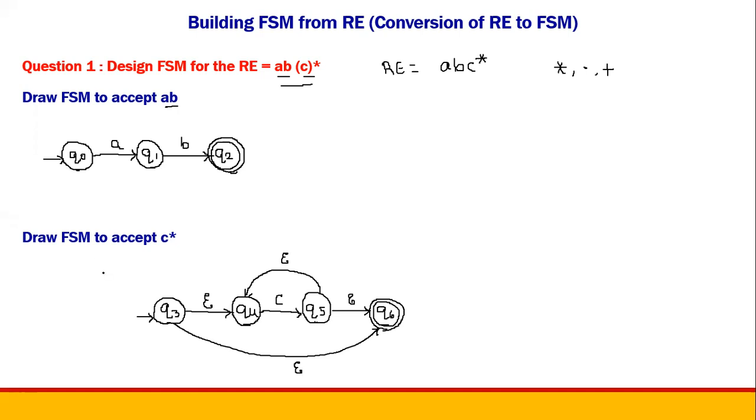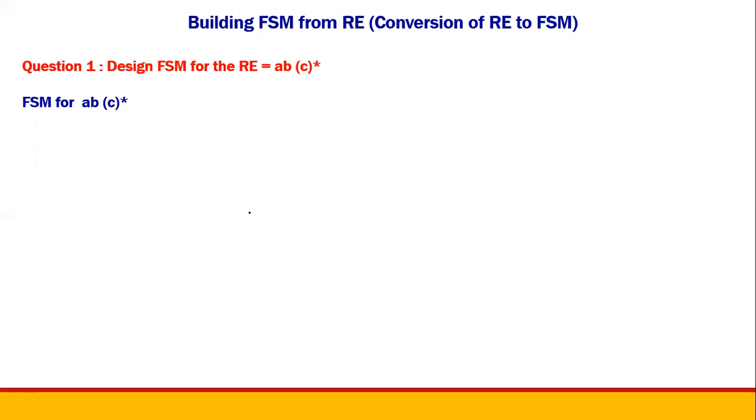Now the next thing we have to do is, since we have split the expression into two different expressions, we need to combine them using the dot operator. So we will write the FSM for ABC star. Whatever we had done for AB, I am going to write it here, with Q0 as the start state, then Q1, and I am reading A here, and after this I will be reading B.